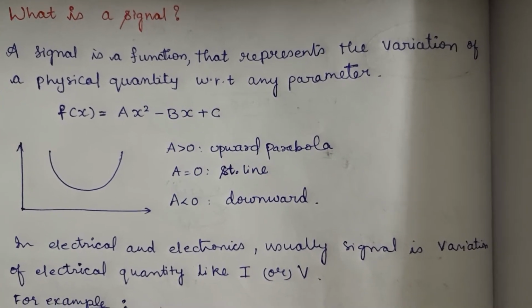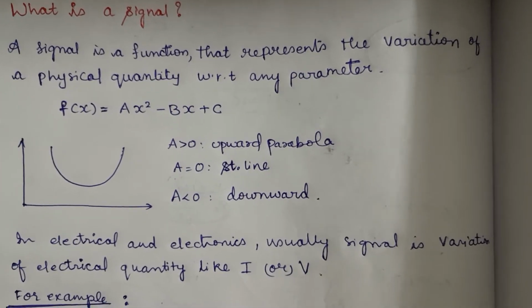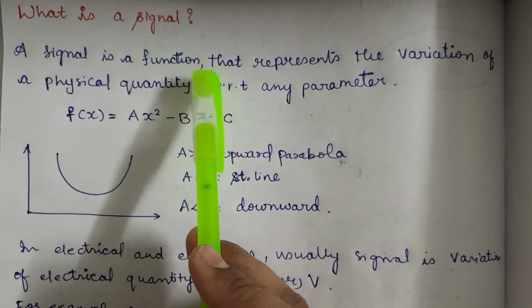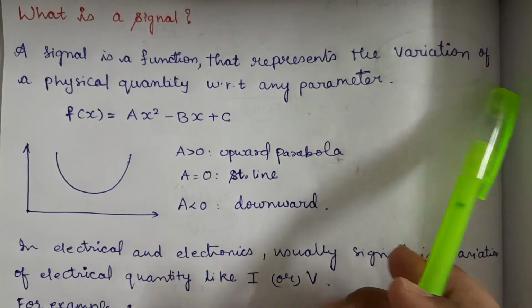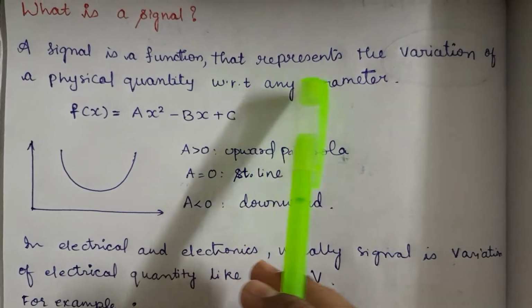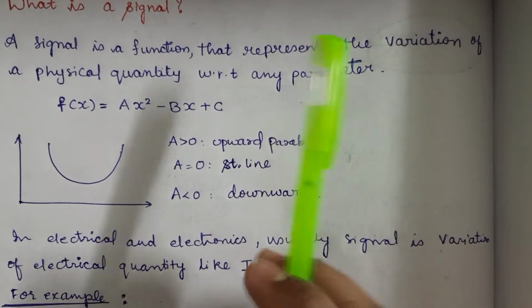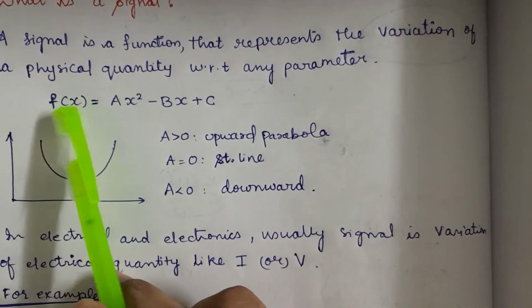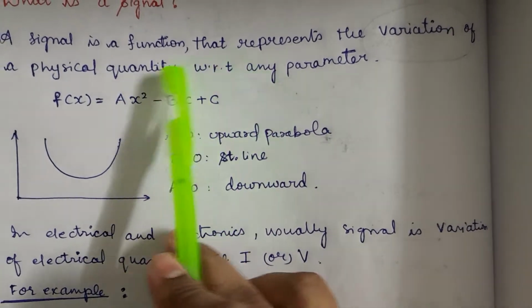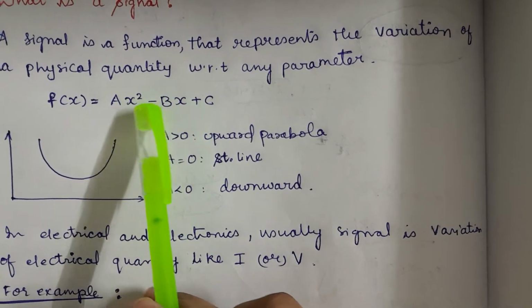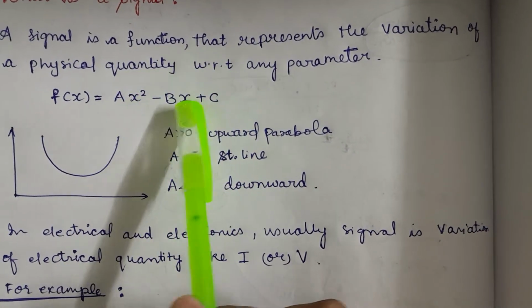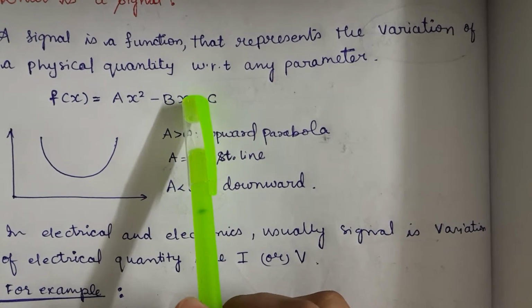Before starting, we need to know what is a signal. A signal is a function that represents the variation of a physical quantity with respect to any parameter. For example, f of x is a function that is equal to ax squared minus bx plus c, which we all know is the quadratic equation, and when we plot a graph of this